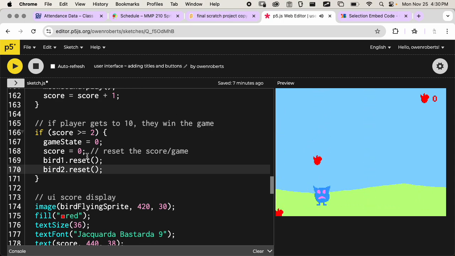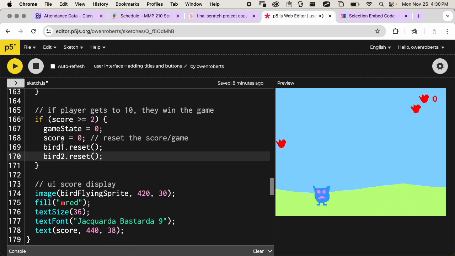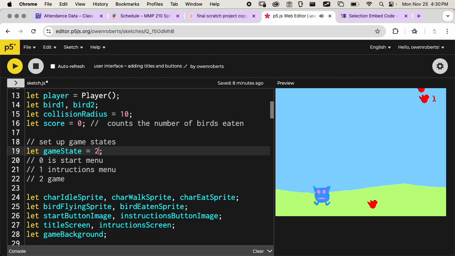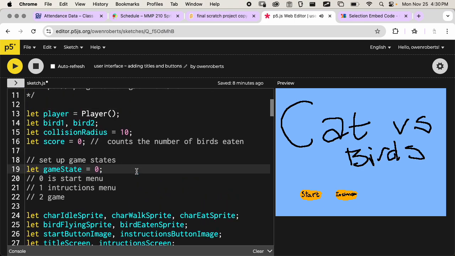Games and most interactive applications are a combination of different states that we have to track, and logic that determines when those states change. When we capture a bird, we have to change the score and update our animations, and once we've captured a number of birds and hit a new threshold, we have to decide what to do. So I'll set this back to 10, and set my game state back to 0, so it'll start on the home screen again. And yeah, that's it for now. So I'll stop